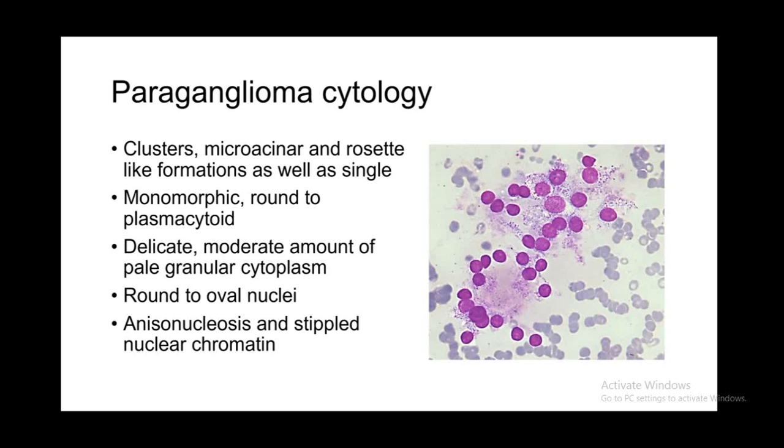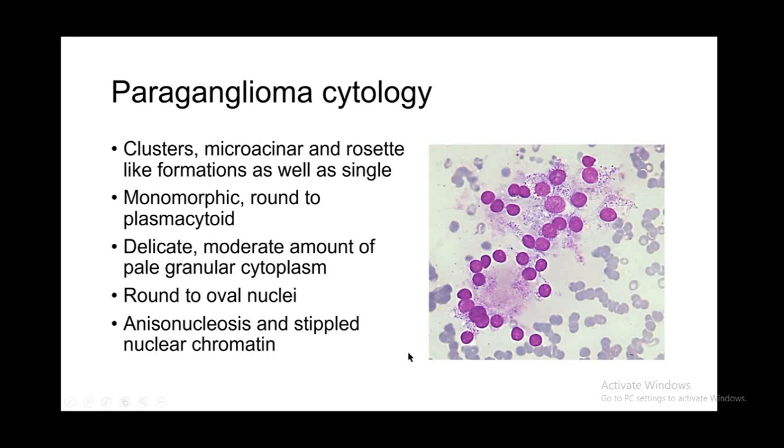And cytology can be unfamiliar, but it can show remarkable features. If we are not aware of the site, or the tumor itself is intrathyroidal, then it can totally mimic follicular neoplasms or medullary thyroid carcinoma. On cytology, paragangliomas show clusters, microacini, rosettes. They are usually singly present, monomorphic plasmacytoid cells. They can have a delicate, moderate amount of pale granular cytoplasm, as can be seen here, round to oval nuclei, anisonucleosis,